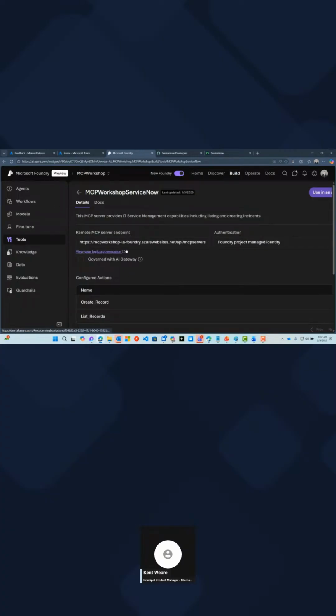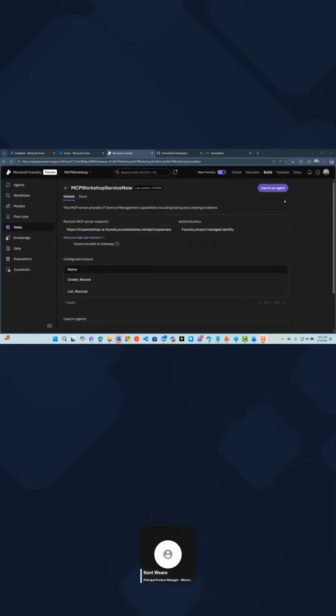We go to tools and we can see this information. So we've got those two tools that belong to this particular MCP server. We have an endpoint. And then what's happened here is the authentication's been a little different. Because this is starting from Foundry, what's happened is that there's been managed identity and security configuration taking place for you so that this particular project can go ahead and call that logic app without any additional security being required. So this will be a little bit different than what we see with Copilot Studio. Okay, so our MCP server is available.